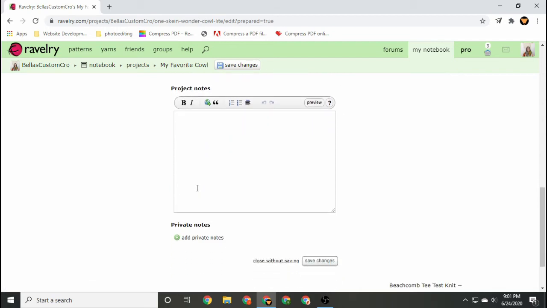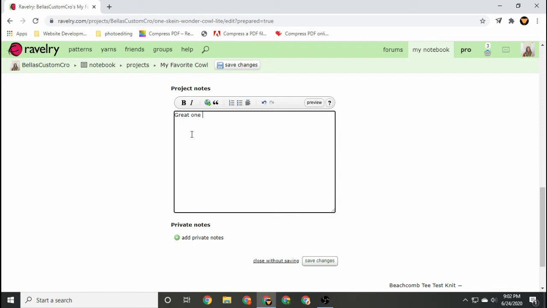And then you can add some notes. Do note that these are public. So anything you put here will be able to be seen by anybody that clicks on your project page. So don't say any private information about the pattern, like don't copy and paste any bits in there if it's a paid for pattern. Don't say I pattern tested for Bella and she was a jerk, because then I'll be sad. But yeah, I'm just gonna put in